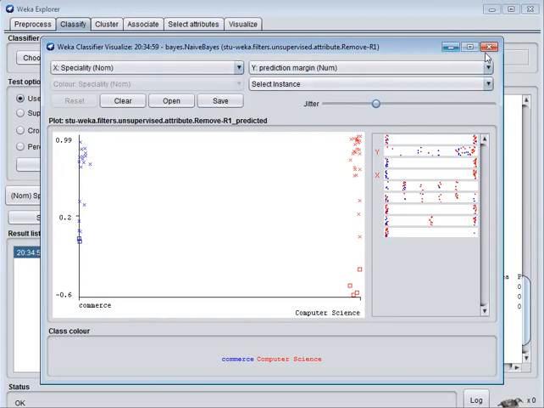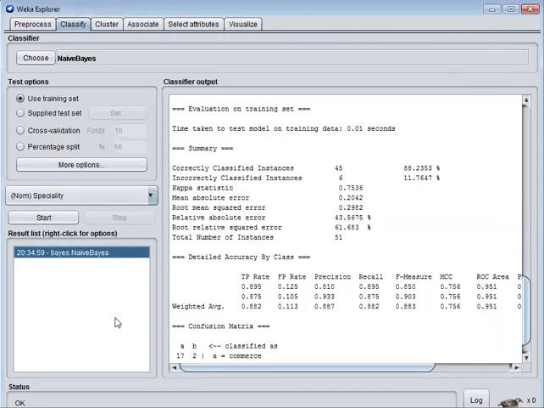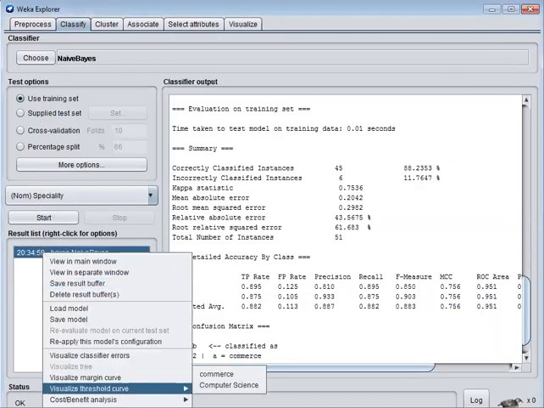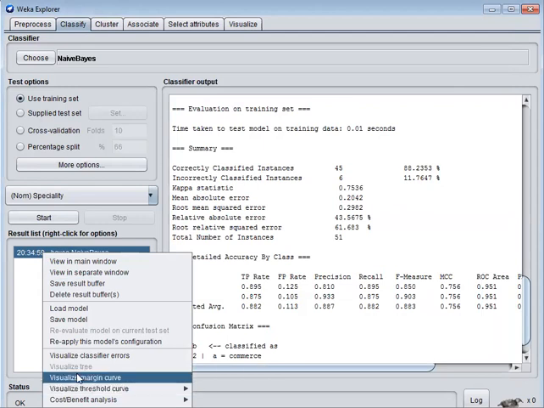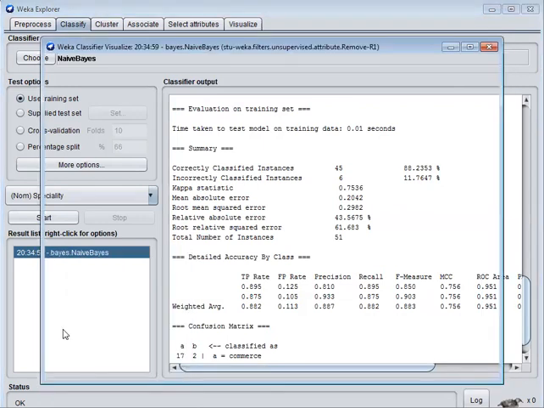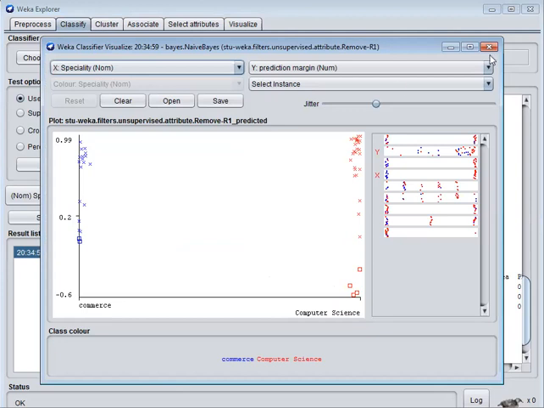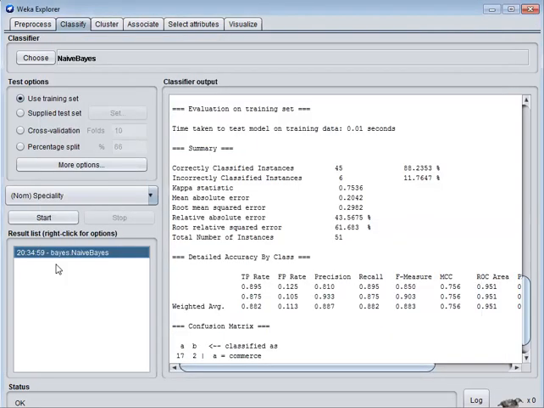So these are the extra analyses we can visualize for the corresponding data set. Then the margin curve and the classification error can also be viewed in the data visualization tool. So this is one of the types.